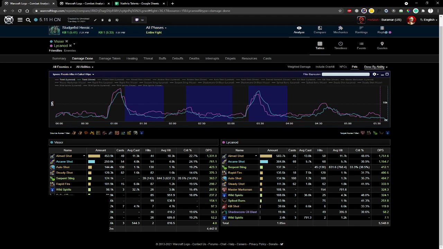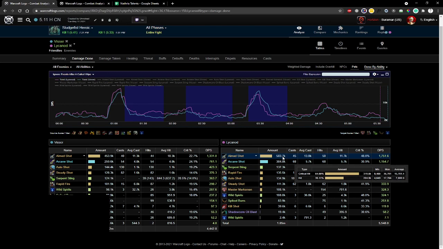So here we are in the damage done. Quick breakdown of all of the abilities that we're using. Right off the bat, I see that he's getting 5 more Aimed Shots than I am over the course of the fight. That might not contribute, well, it might contribute a lot. His average cast is 1.7 more than me, but his overall Aimed Shot damage is like 130,000 more than me. That's curious. So I wonder if that means that he's using his Aimed Shots at more opportune times or something,